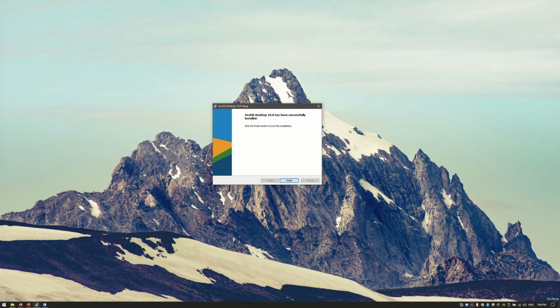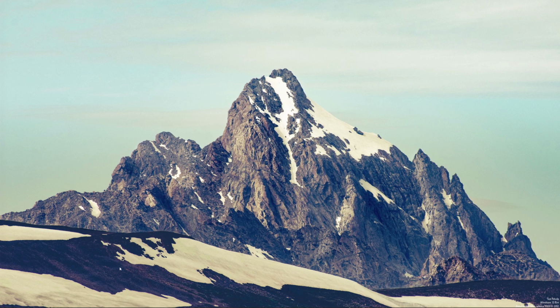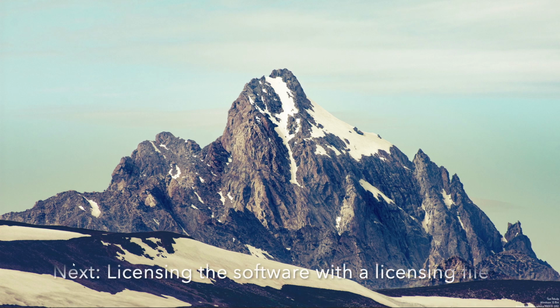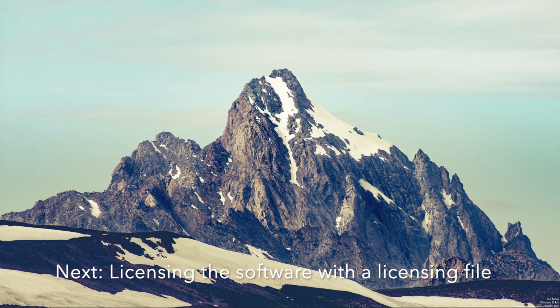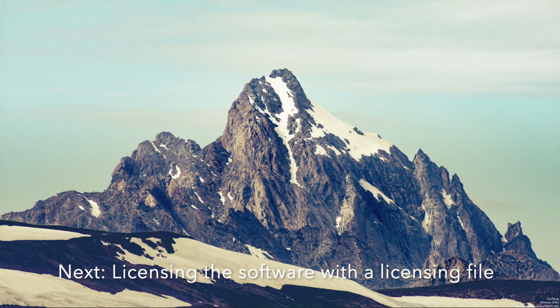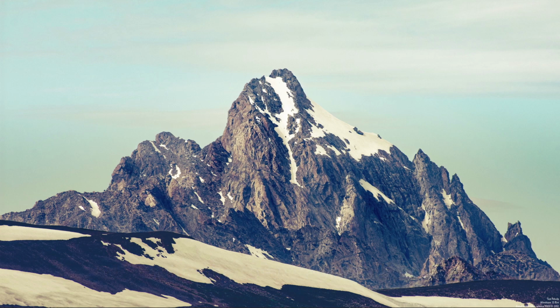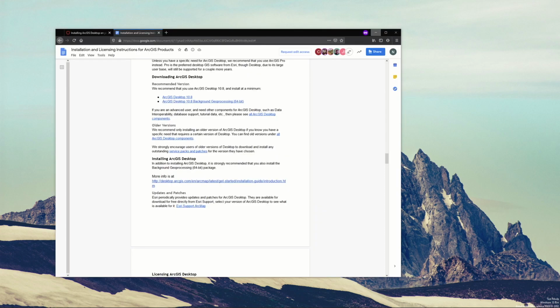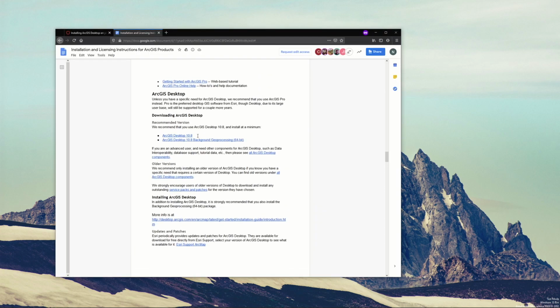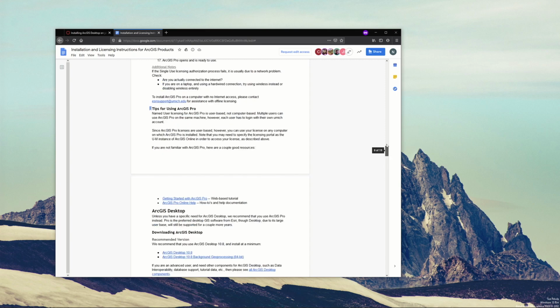Okay, so after a few minutes, the installer is finished, and it gives us this message. We can hit finish, but we're not done yet. So the next step is to license the software so we can actually use it. To do that, we'll go back to the installation and licensing Google Doc where we got the download link from, and click on